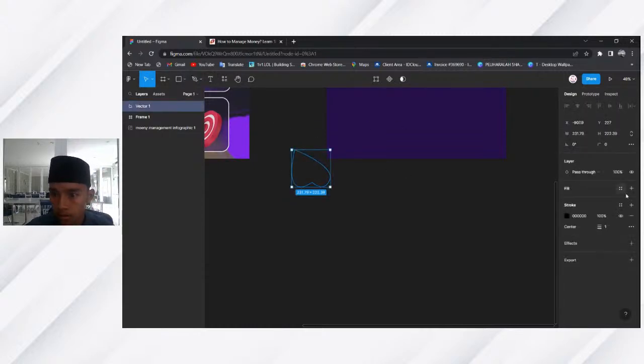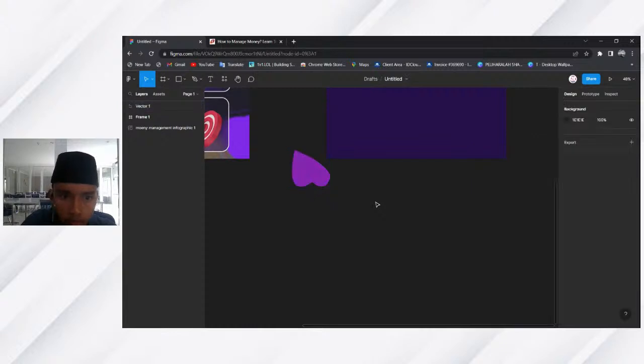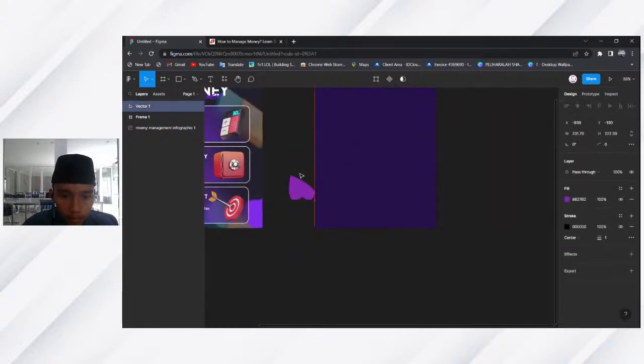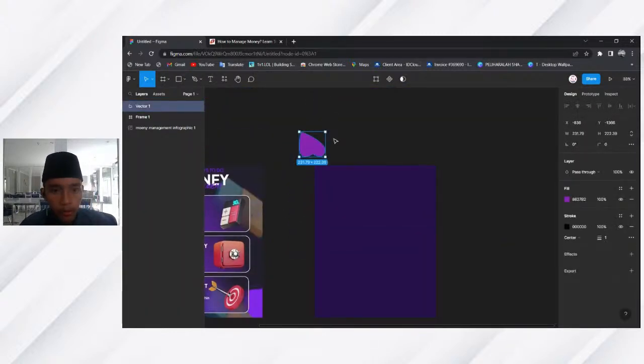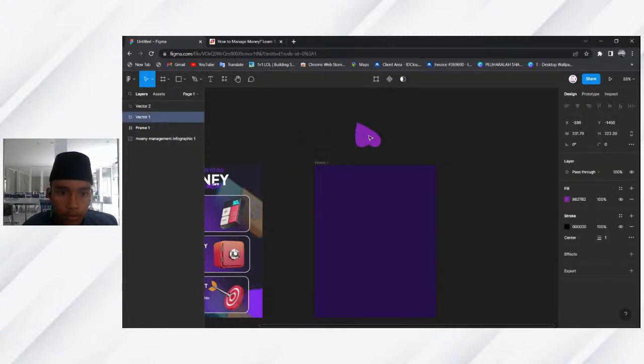And then now just add a fill and stroke here, and you guys can use basically any color, but I like to use something like this. Now we just duplicate this, and we don't use the fill, but we use the stroke only.